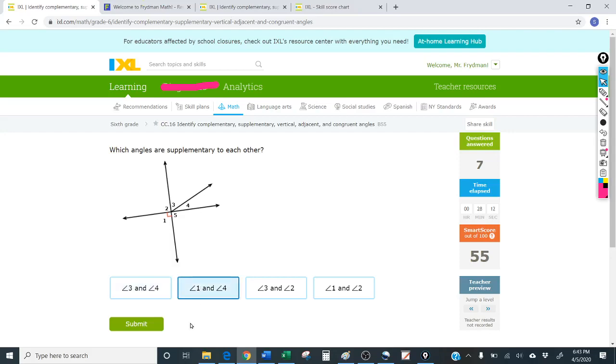What about 1 and 4? So this angle and this angle, there's no reason for me to think that they add up to 180 degrees. What about angle 3 and angle 2? Those also do not add up to 180 degrees. What about angle 1 and angle 2? Well, angle 1 right over here,